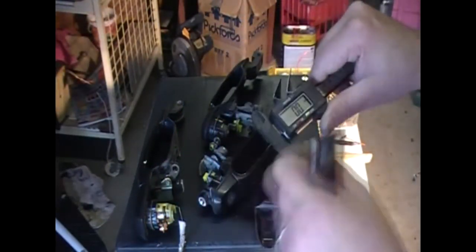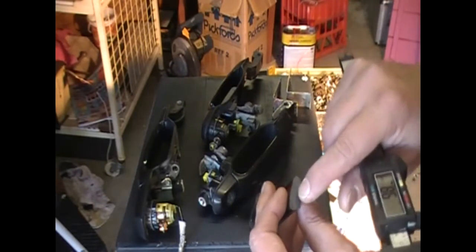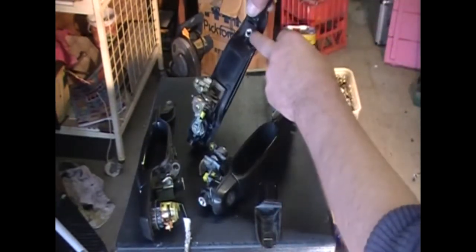The handle thickness is only 10 mil, or almost 10 mil. So to put one of those self-tapping screws, I don't know what they're called, honestly don't. Anyway, to use these guys here, that idea, it'd have to be flush with the plastic. It can't stick out a little bit like these do, but these don't matter because that's on the inside of the door, you don't see it. But for this to button up flush against here, I would need ones that can countersink into there, so they'd have to be 5 mil, max 5 mil, because you want half the handle still to give strength